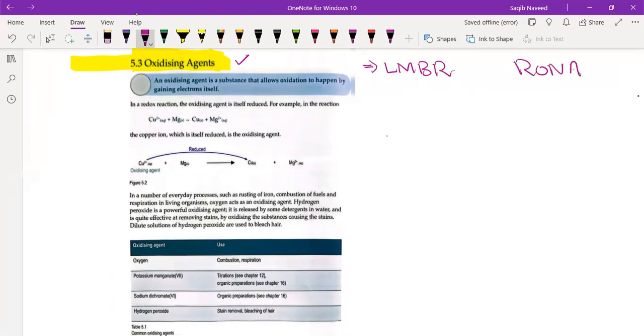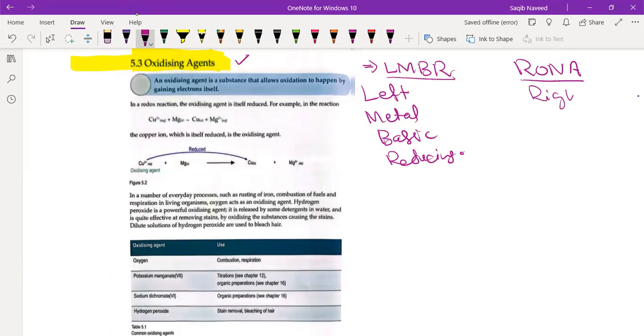They tell you the features of oxidizing and reducing agents: L for left, M for metal, B for basic, and R for reducing agent. Similarly, R for right, O for oxidizing agent, N for non-metal, and A for